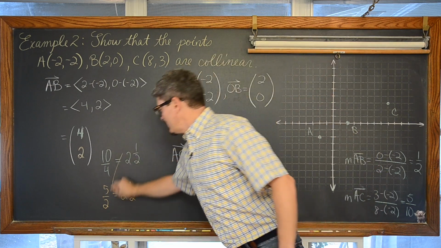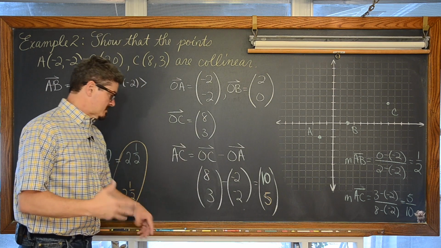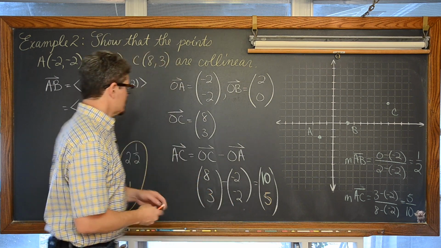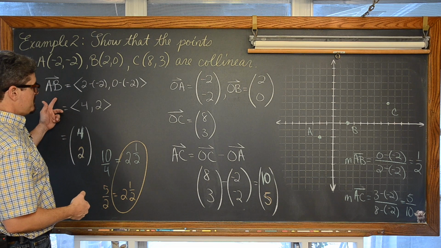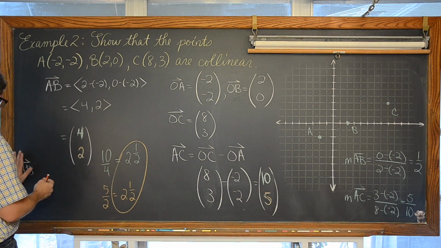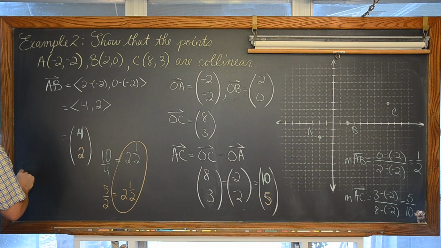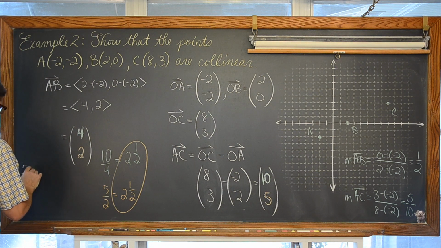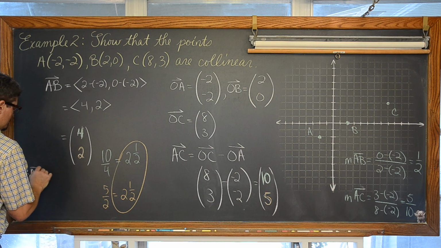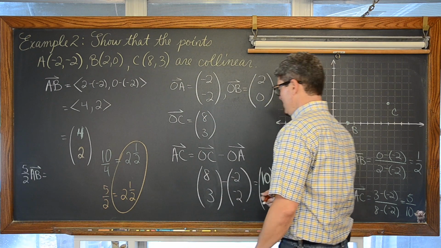And since we have the same ratio for the components along the x-axis and the y-axis, we have a scalar multiple. We have that vector AB, well, we take that smaller vector and multiply it by, let's just call it 5/2. Five-halves vector AB is equal to